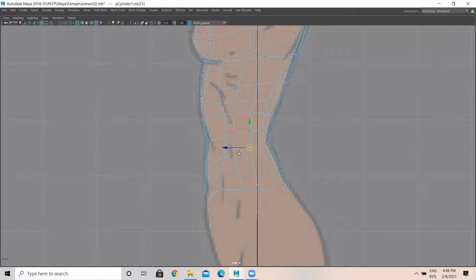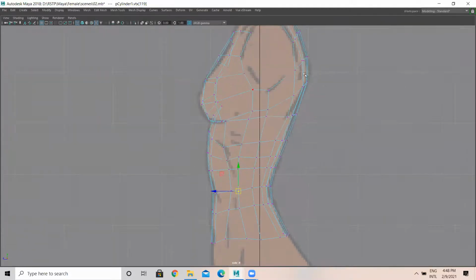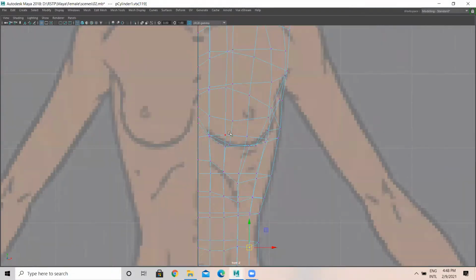So make sure it is curvy. That's what I'm just referring to. See the front view and the side view, it should be curvy. That's what I'm doing here.